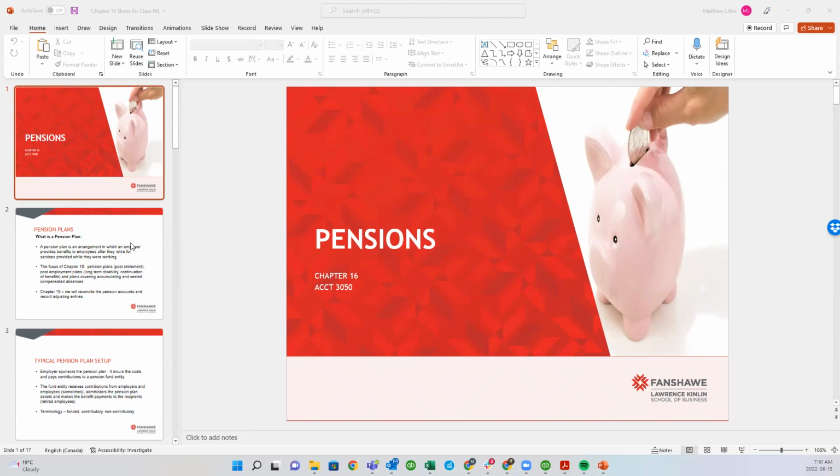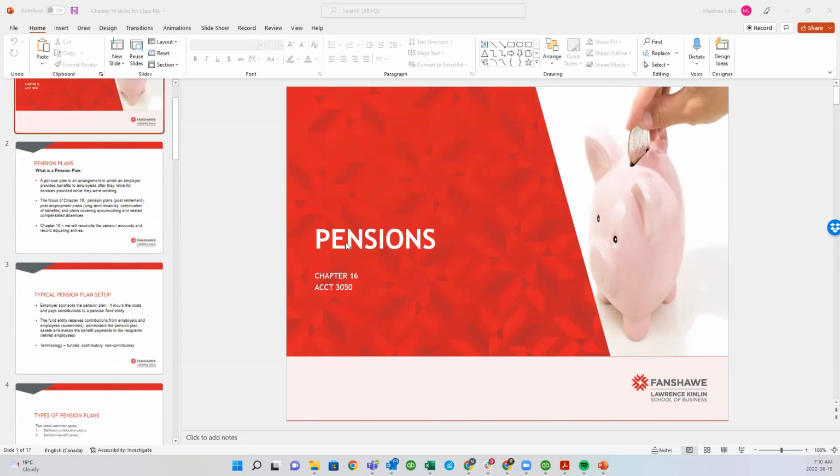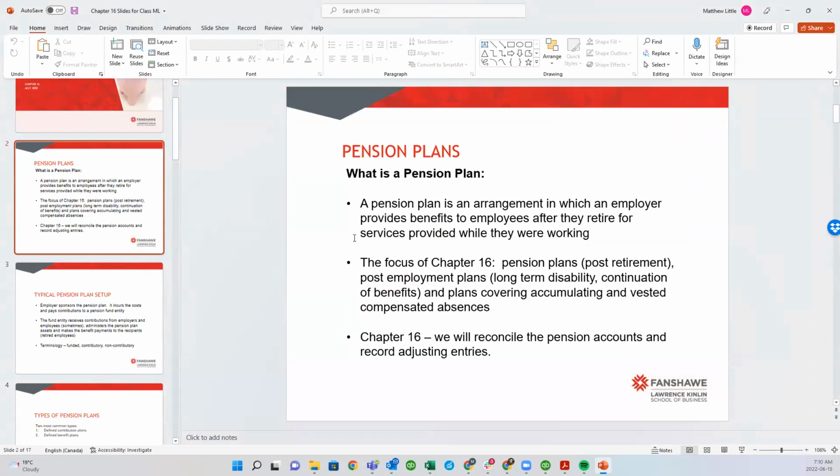So we're on to chapter 16. Welcome to the pension chapter, where we'll look at the two different kinds of pensions, being defined contribution and defined benefit plan. And first of all, let's define what pensions are. A pension is typically an arrangement where an organization that you work for offers some kind of benefit to you after you retire. And it could be continued salary, it could be a benefit plan, whatever that might be. So there's a way to determine what those costs are, how to record them, and how to reconcile